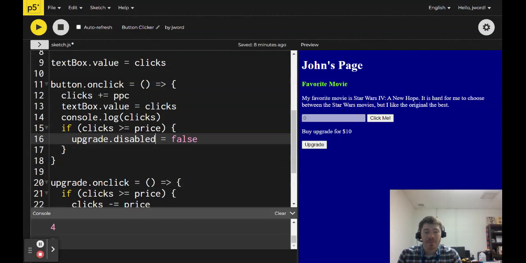All right, so once we actually bought the upgrade and it's working, it's increasing by 2 now. Now we should probably disable the button again until we get back up to that next price. And that's a good visual cue for the user. So when is it that the upgrade button should be disabled again? Well, it's when you've clicked on the upgrade button, you've just purchased an upgrade, and you ran out of